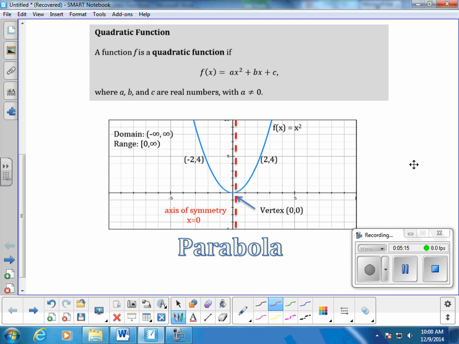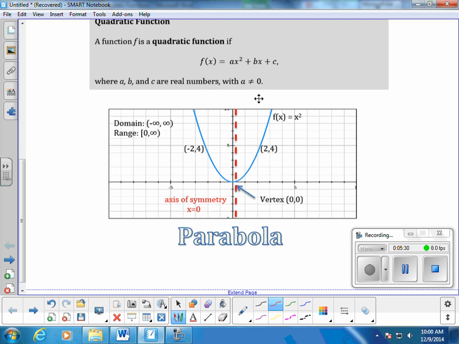Okay, now we're going to go into a little bit more detail about the f of x equals ax squared plus bx plus c, where a, b, and c are some real numbers. So we have a number here, a number here, and a number here, as long as a is not equal to 0. When you have a quadratic function, it's an x squared function, and it's going to have the graph